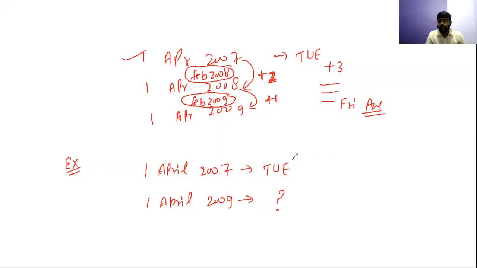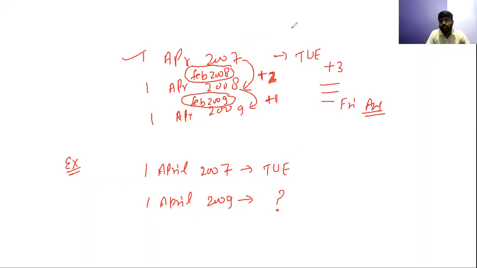Now I hope the idea is very clear to you. I have discussed a variety of questions in this. So whenever you are crossing multiple years, you just need to check which year's February you are crossing. If you are not crossing the February, you need not worry. Okay, if you are crossing the February, then you need to check whether it is a leap year February or an ordinary year February. So if it's a leap February, you will add 2. If it's an ordinary February, you will just add 1 to it.